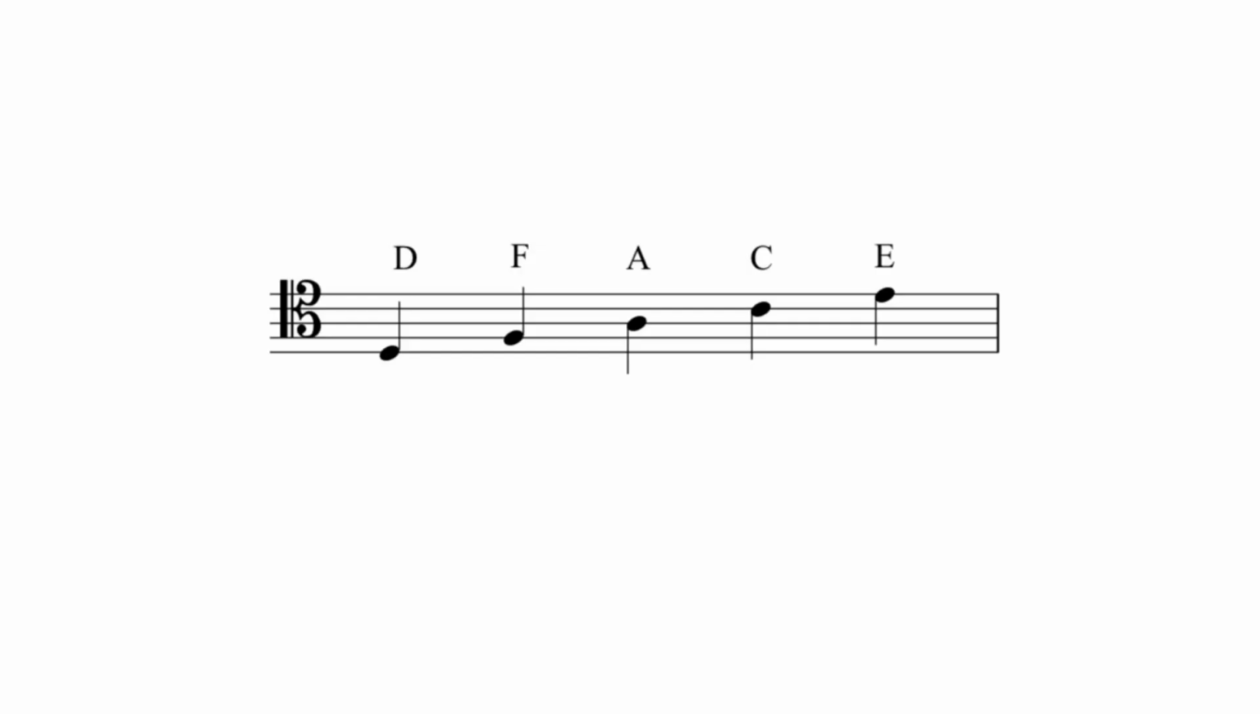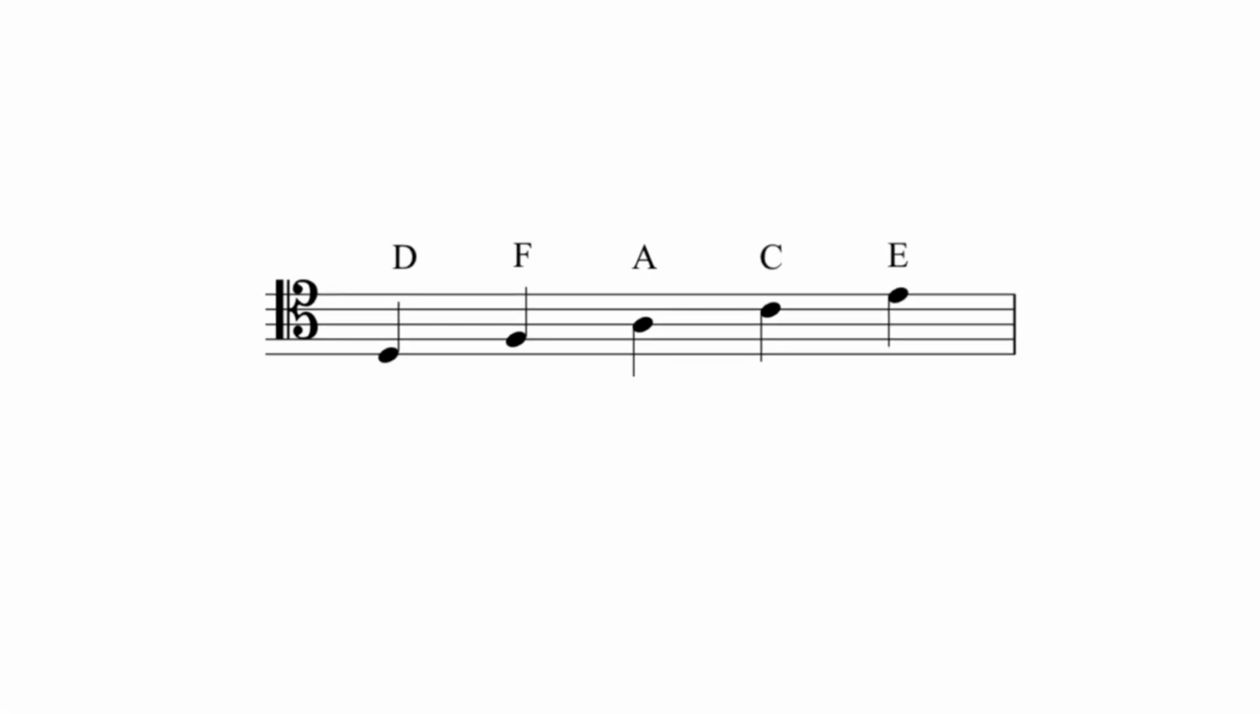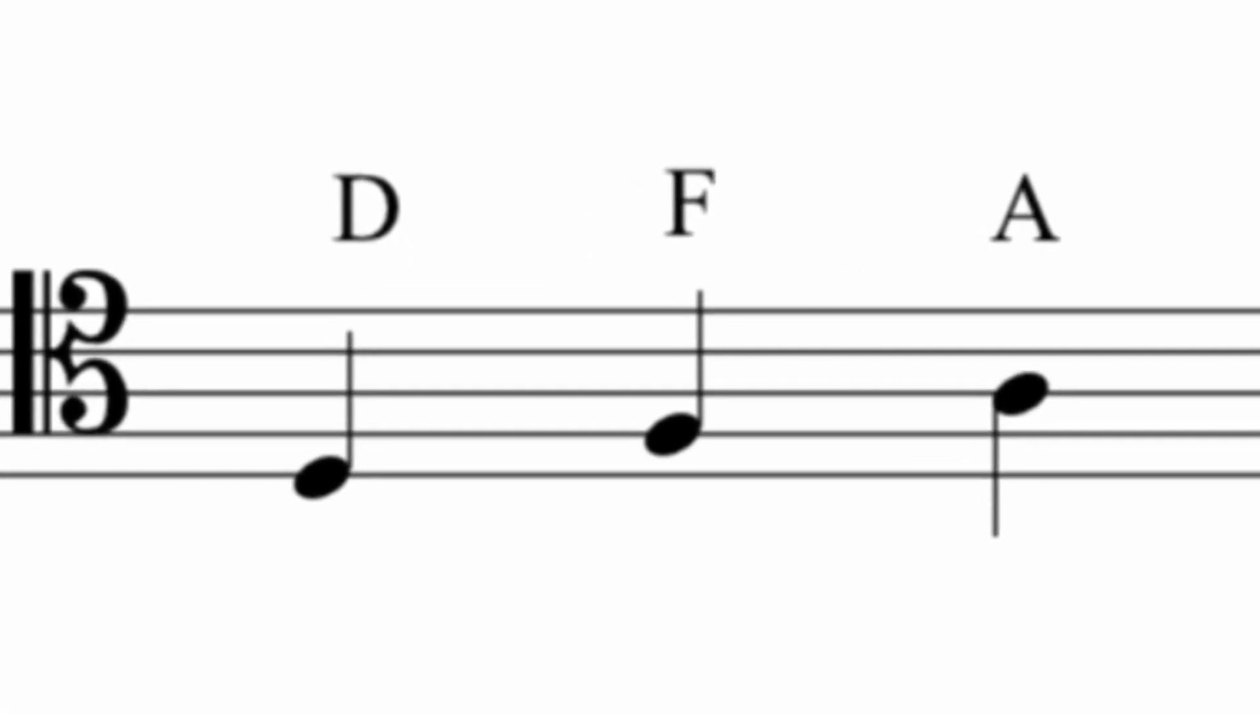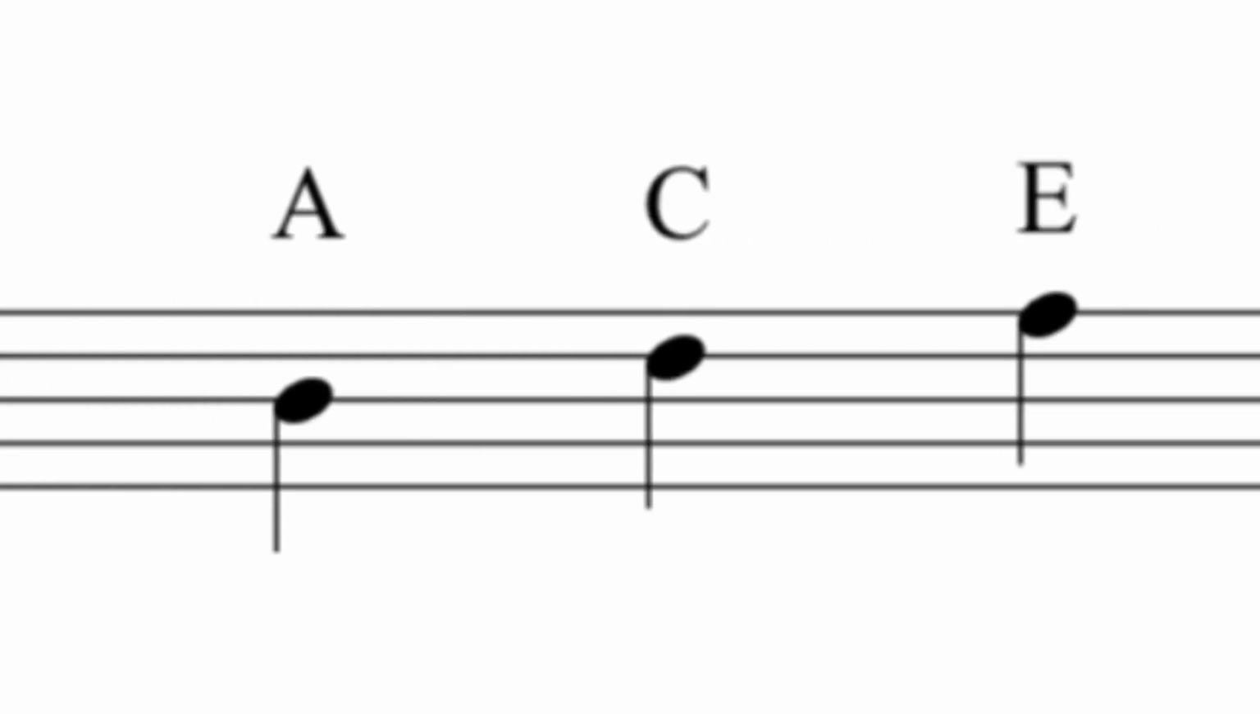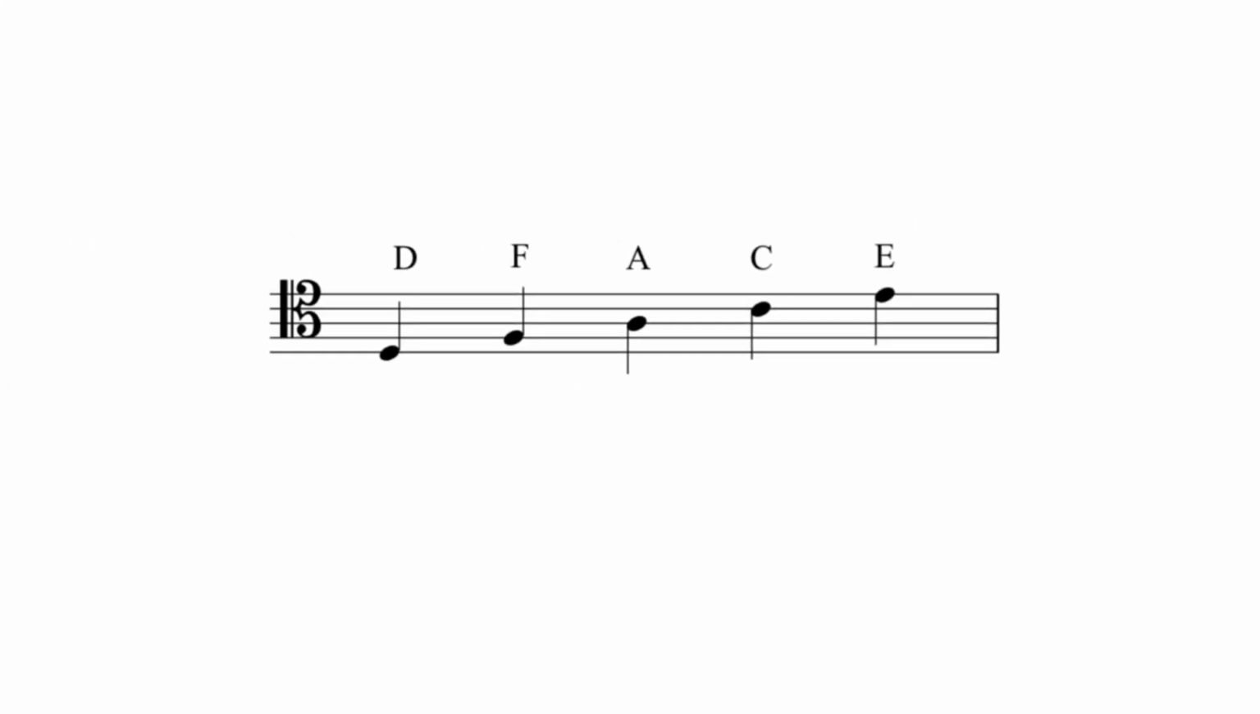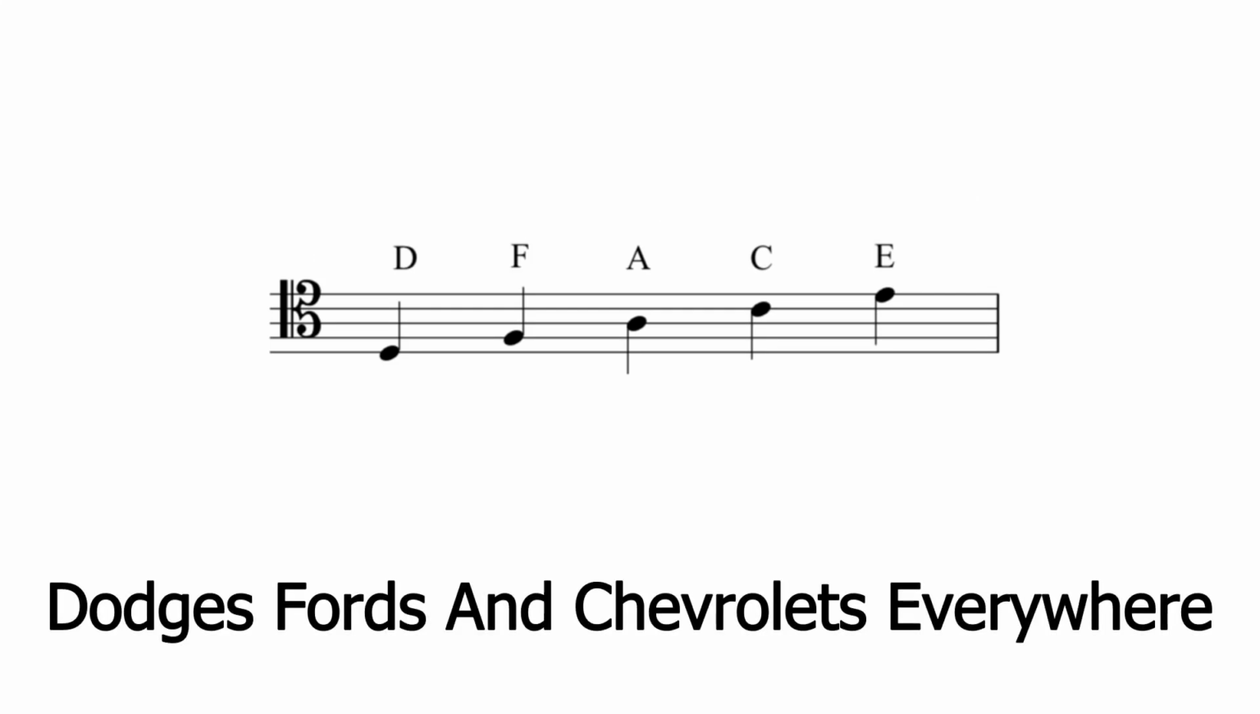Reading tenor clef. The tenor clef, another less commonly used clef, is also sometimes called a C clef, but the center of the clef is indented around the second line from the top. This example shows the letter names used for the lines of a staff when a tenor clef is employed, which can be remembered with the mnemonic device "Dodges, Fords, and Chevrolets everywhere,"